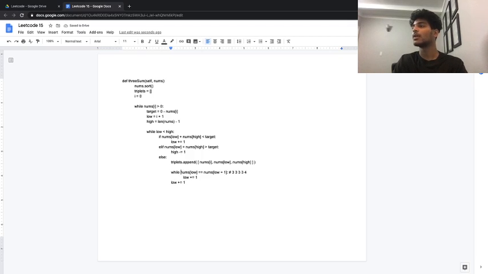And then we just want to say low plus equals 1. Also we want to make sure while low is less than high, so that we don't cross the border. And then we'll do a similar kind of thing for our high. If our nums high is equal to our nums high minus 1, we want to keep decreasing our high index, and